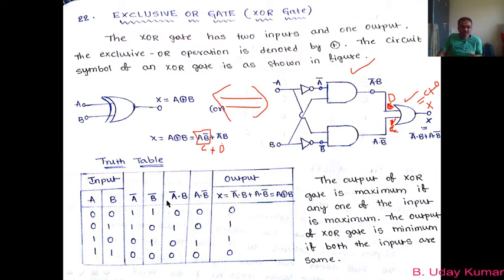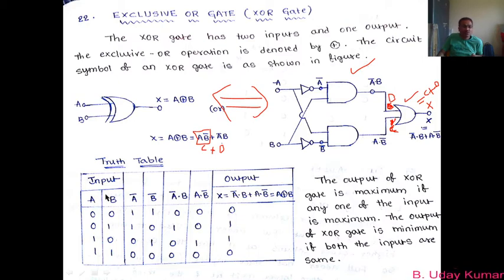So for that reason I have taken a column which shows the values of A bar dot B, and I should have another column which shows the values of A dot B bar, and that also I have taken here. And coming back to this one, A bar dot B. To find the values of A bar dot B, you must have the values of A bar, and those values of A bar I have taken in another column which is separately showing as A bar. And similarly, to find the values of A dot B bar, there must be a column which shows the values of B bar. So for that reason I have taken a column which is having the values of B bar also.